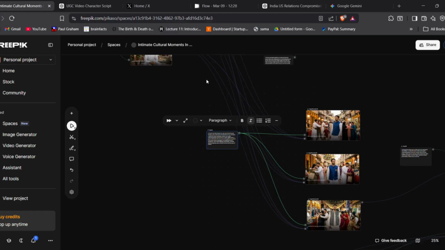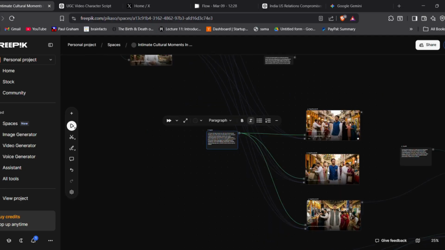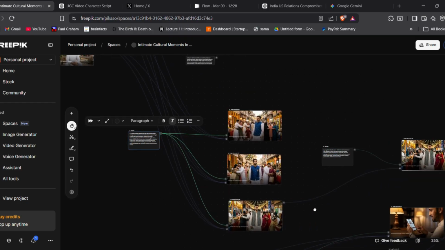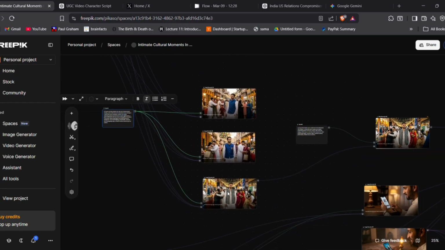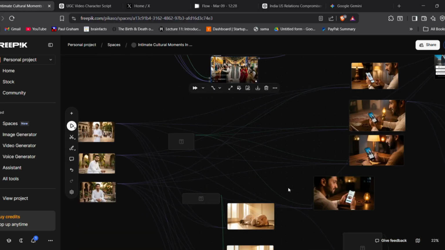connected image to image. Right? This was my character image, and I just attached it so it can generate. So I generated 4 images of it, and I took the best one. You can see that I chose this image,